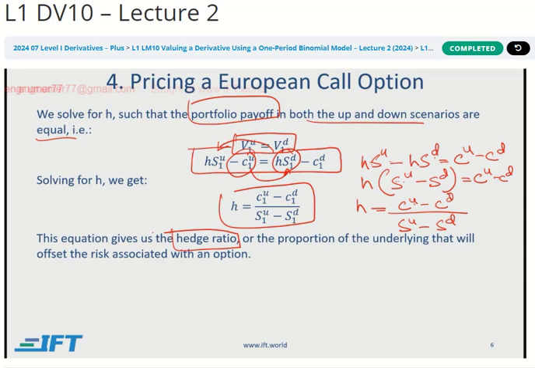In level 2, you're going to learn how to calculate this using the Black-Scholes-Merton model using delta, and that process is called delta hedging. It will be fun, and I hope to teach that to you in level 2. But for the time being, all you need to know is that this is how the hedge ratio is calculated,